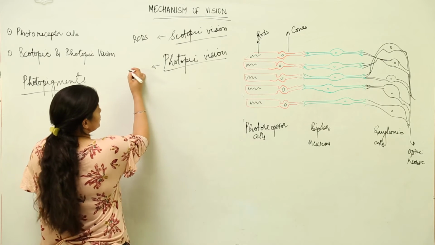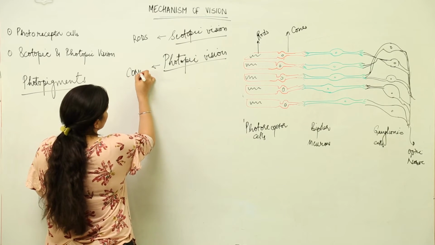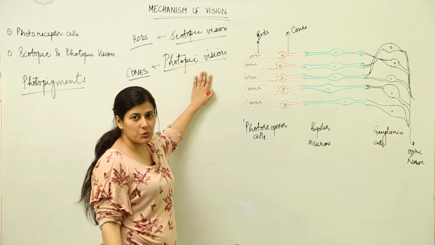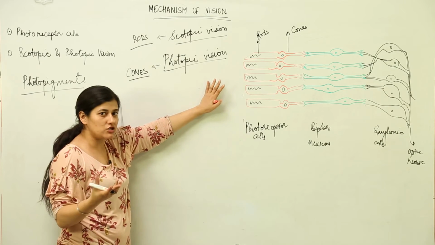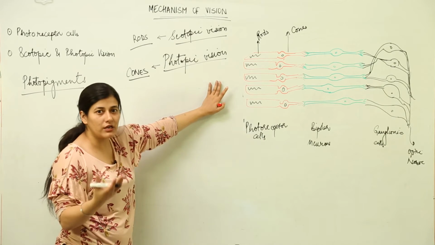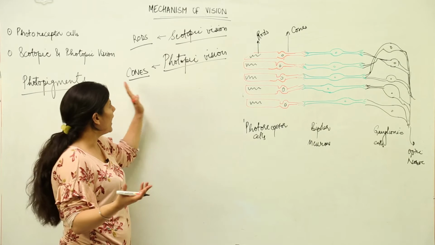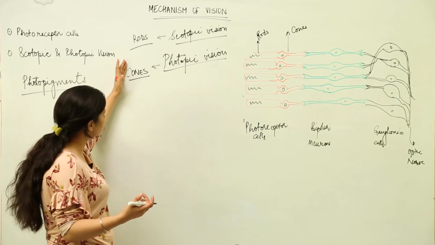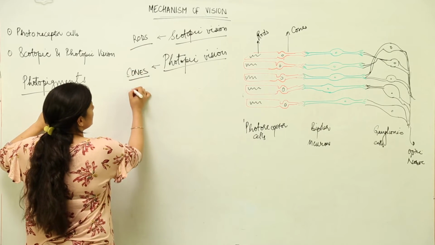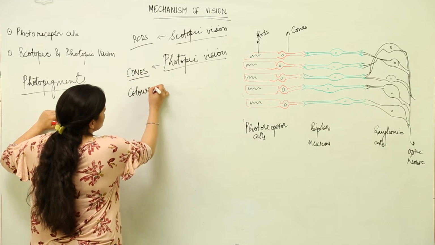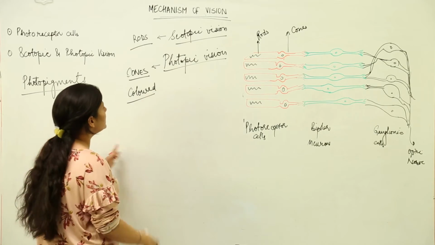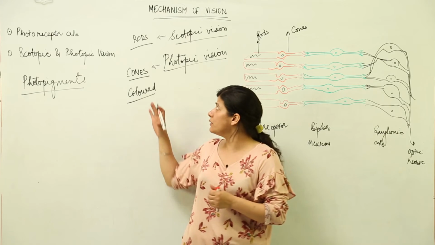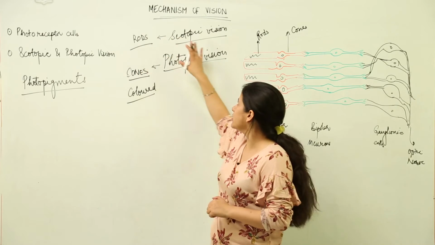In photopic vision, the photoreceptor cells called cones are responsible, where the image that is formed gives a color identification. You can learn it in terms of C being the first alphabet for cones, and C is the one for colored as well. So we have a colored vision, like in the case of broad daylight, where you can make out the difference in colors. Now, when we talk about rods, we are talking about scotopic vision.